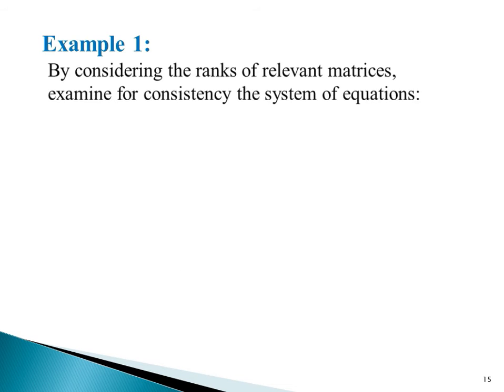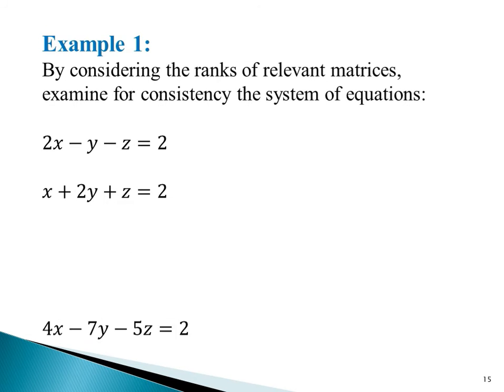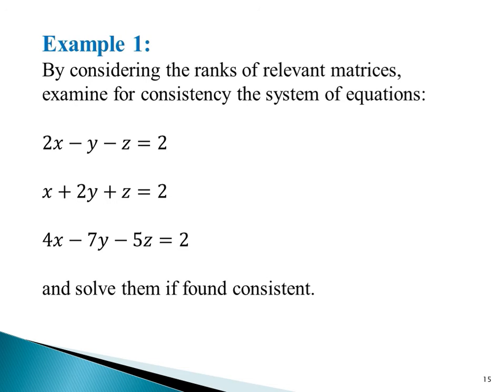By considering the rank of relevant matrices, examine for consistency the system of equations, which we have given: 2x minus y minus z equal to 2, then x plus 2y plus z equal to 2, and the last one 4x minus 7y minus 5z is equal to 2, and solve them if found consistent. Okay, so first in solution,